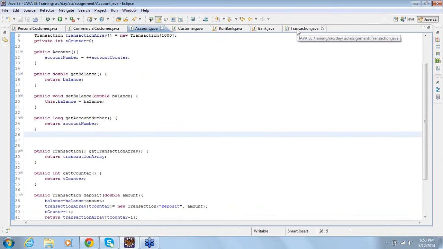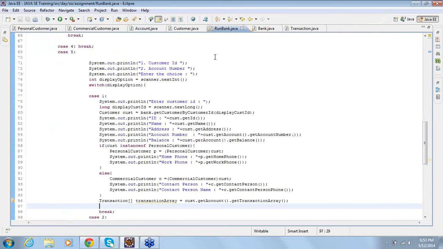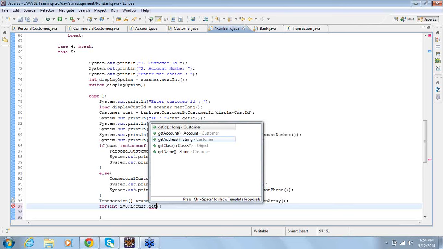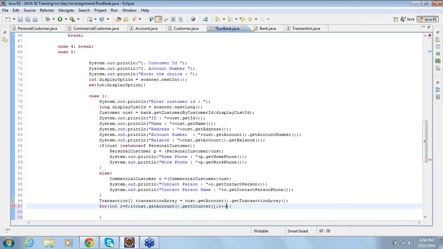But I may have 1000 transactions or may not have 1000 transactions. So that's the reason I won't be traveling across all the 1000. So instead I only go till get the T counter, I++.